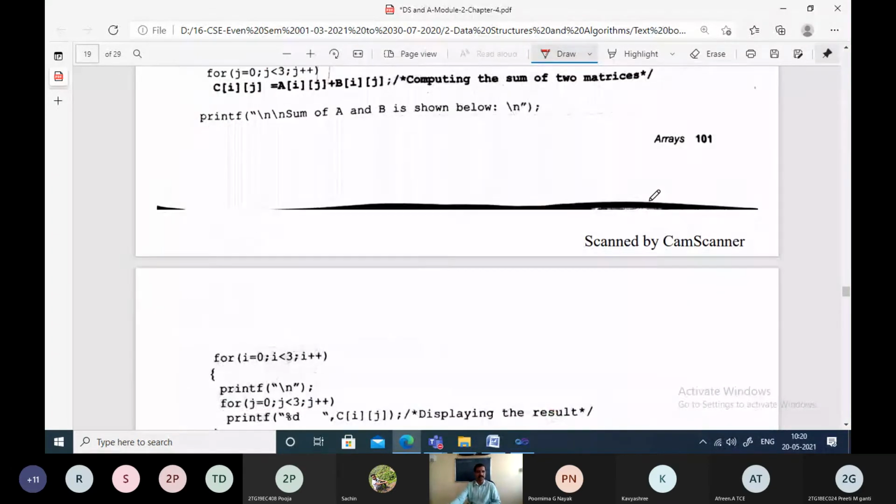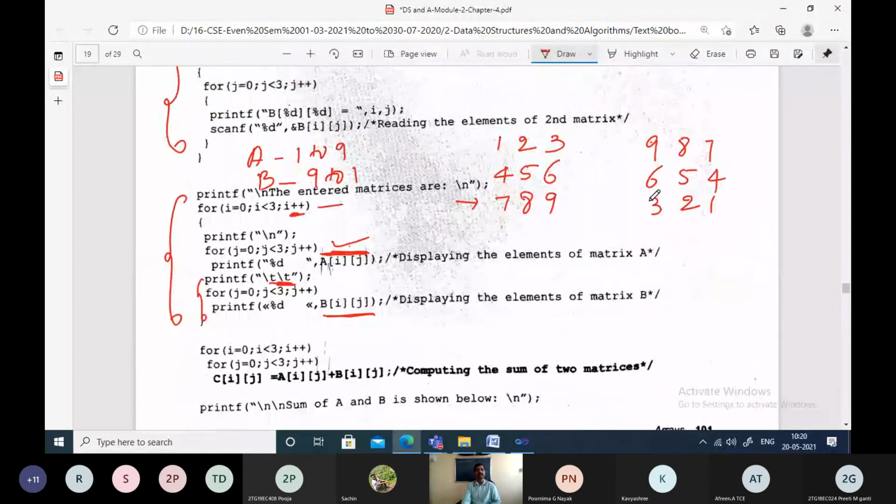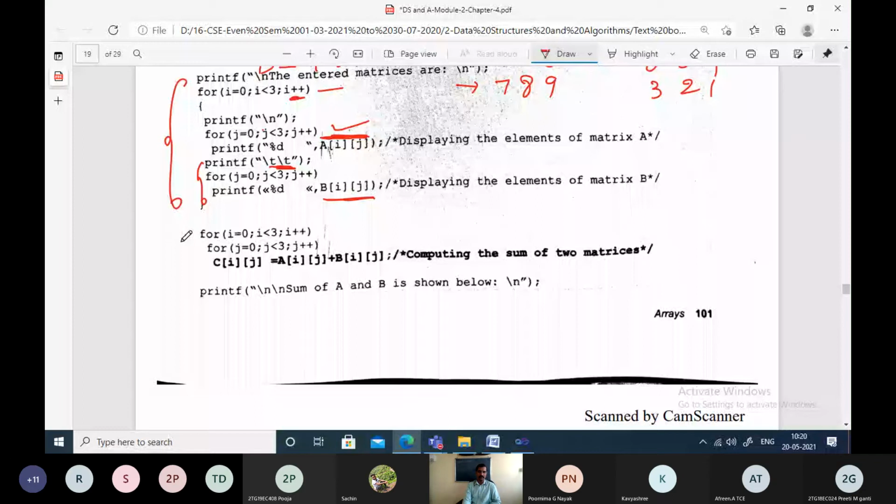And this is simply the code for what? Addition. This is where actually we perform the addition of two matrices. Outer for loop is for rows of both the matrices. Inner for loop is for columns of both the matrices.